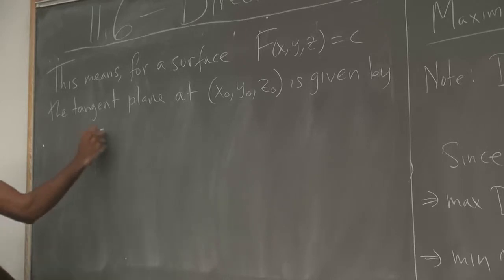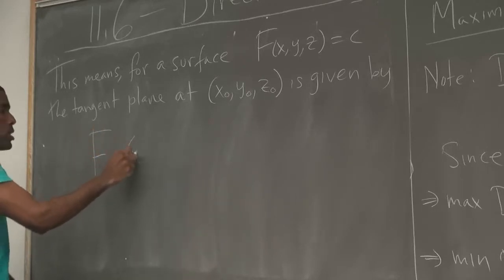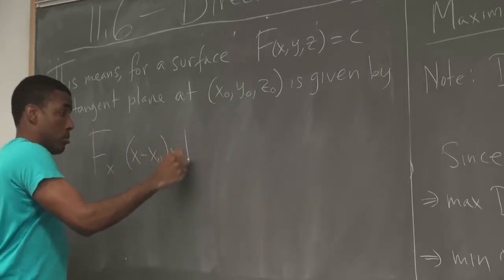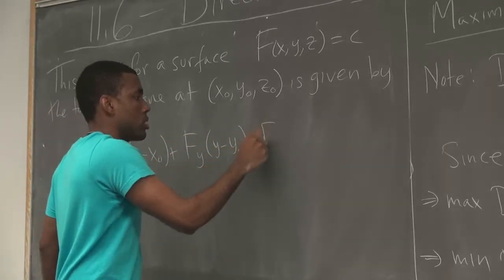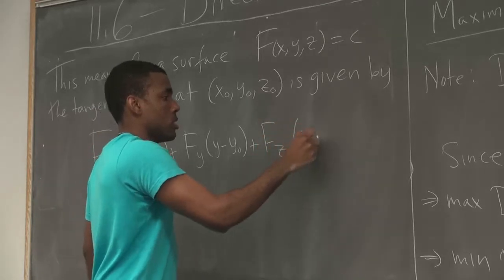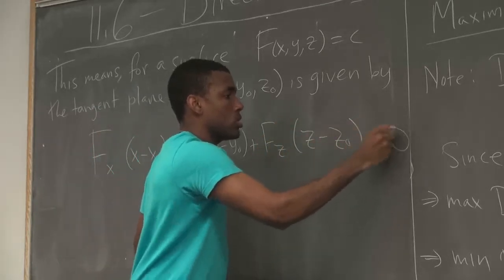I can write the tangent plane as fx times x minus x naught plus fy times y minus y naught plus fz times z minus z naught equals 0,